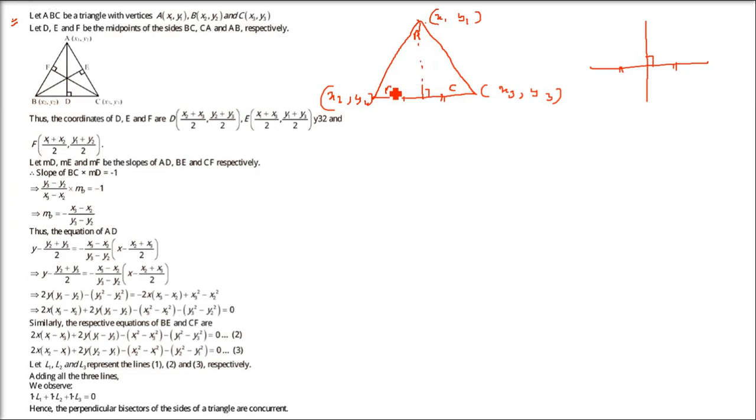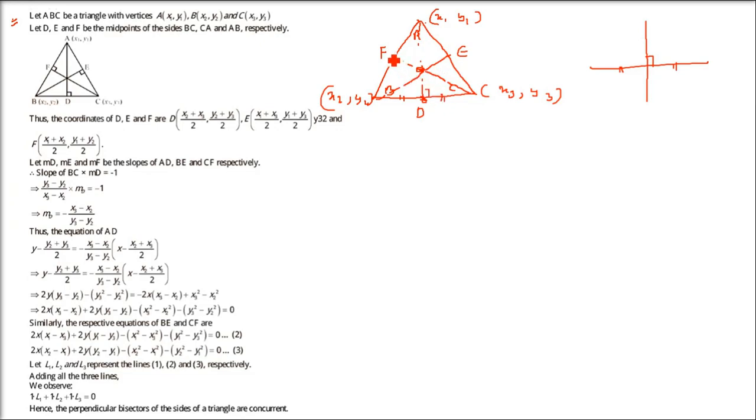So if I draw one or two more such lines, they are passing through one point, and this point is common. What we are interested in is to show that these are concurrent. Concurrent means we have a special scheme for that. Now you see what the midpoints are. You can take these as D, E, F. I'll show you one of the situations, and you will be able to understand the others.